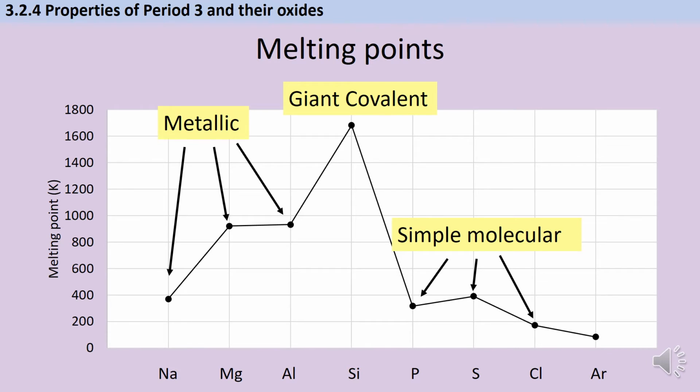Silicon has a very high melting point indeed because it forms a giant covalent structure. Phosphorus, sulfur, chlorine and argon have comparatively low melting points because these are held together only by weak van der Waals forces. But we can explain the relative size of those 4 elements' melting points by thinking about the sizes of the particles. So of course we have P4, S8, Cl2 and argon is monatomic. So sulfur as the largest molecule has the highest melting point, followed by phosphorus, followed by chlorine, with argon being